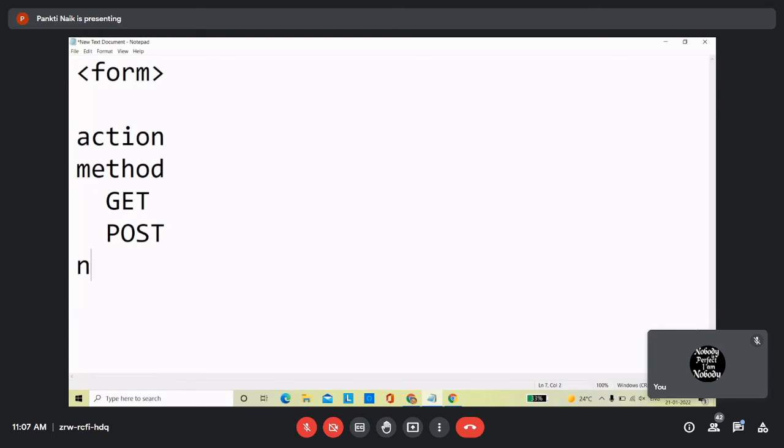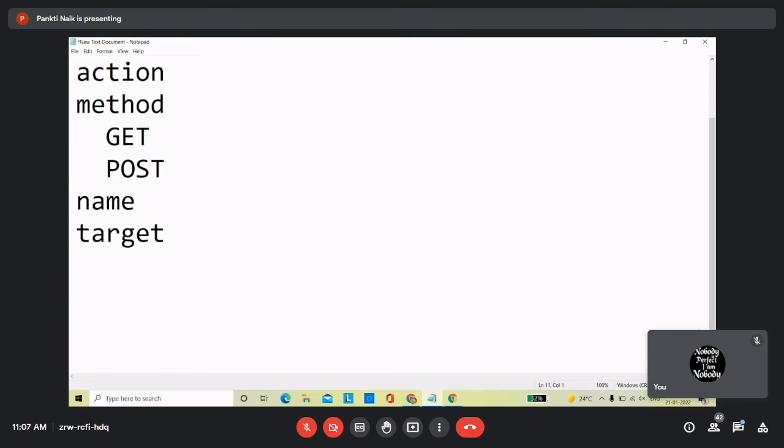The next attribute of the form tag is name. This attribute denotes the name of the form. And next is target. This attribute is used to specify the target of the address in the action attribute. So these are the various attributes of the form tag. Now let us learn various form components one by one. So first form component is